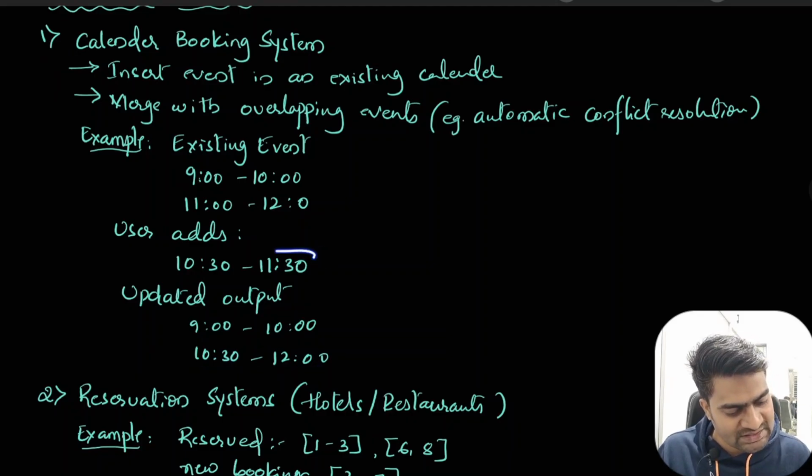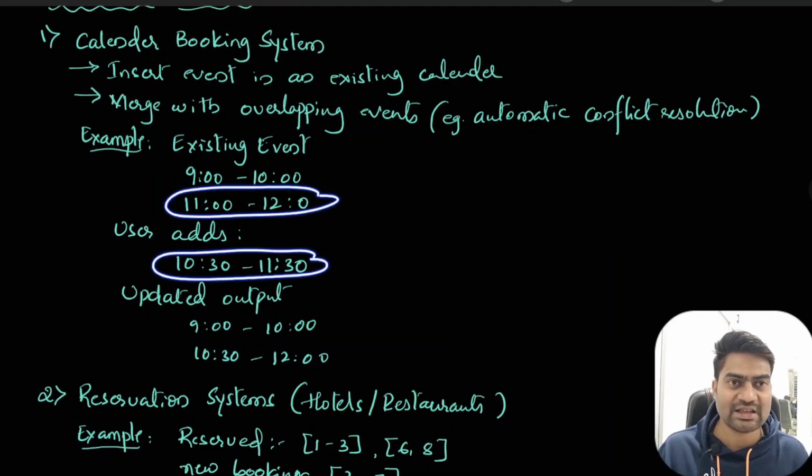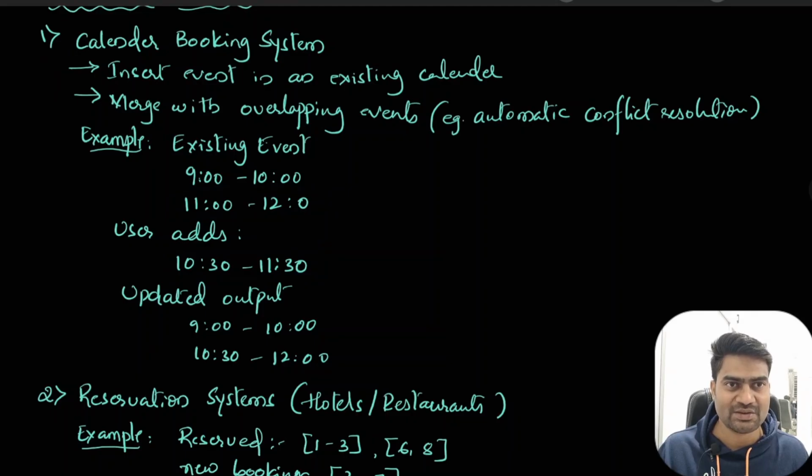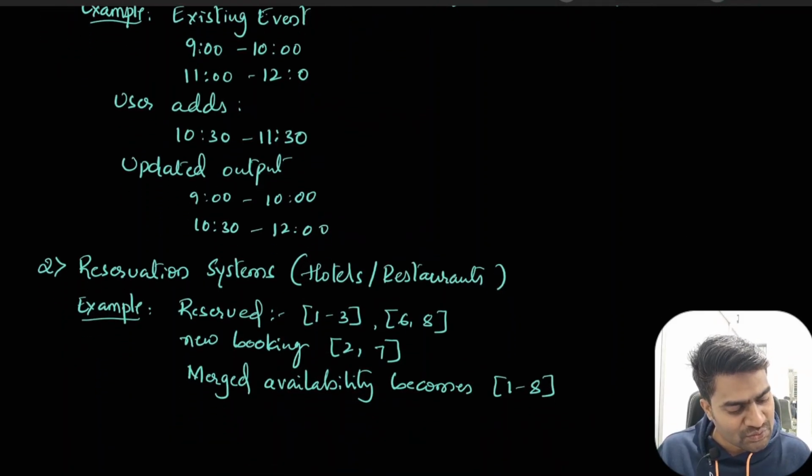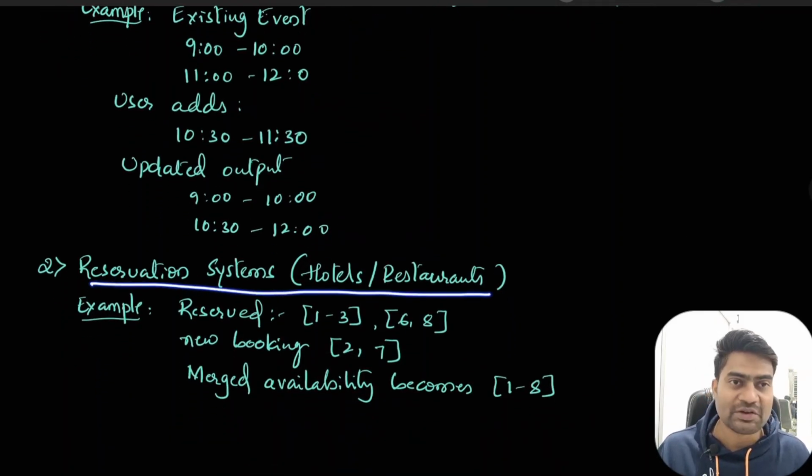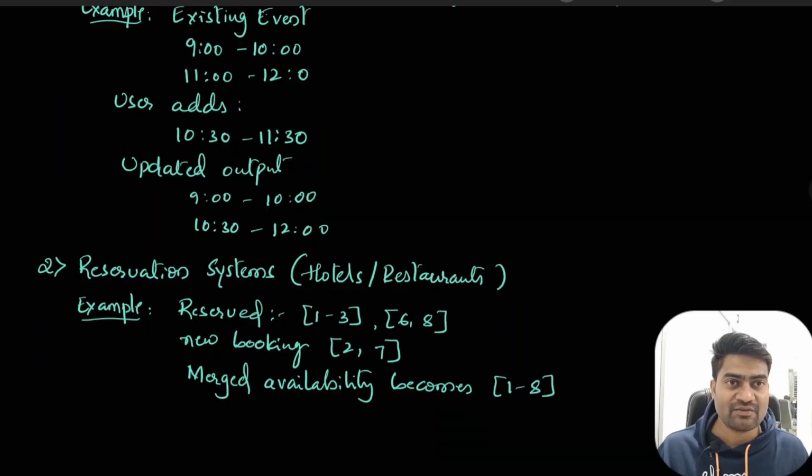Why? Because this is overlapping with this particular interval. So this problem solves such merging or overlapping intervals problem. We can also look into this particular application where we look into the reservation systems, basically hotel reservation or restaurant